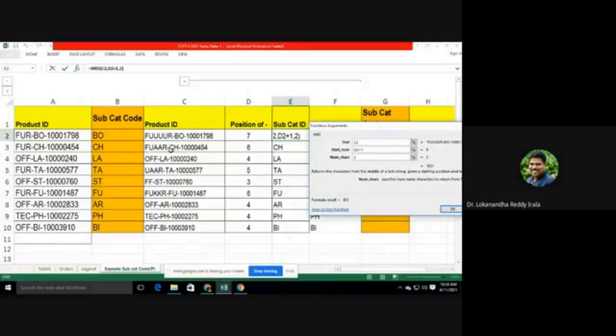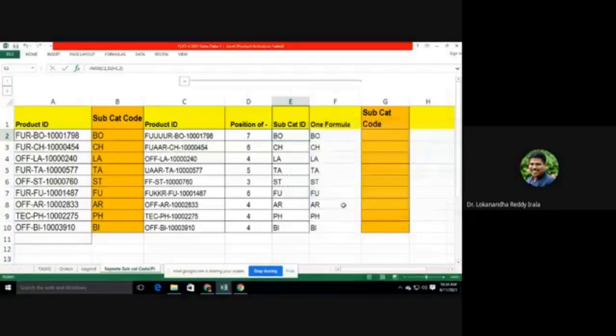And here hyphen is at 6, the starting for MID function is 7. Whereas here the hyphen is at 3rd position, so I use the MID function starting from 4. And of course, you can combine this into a single formula. So now I will simply demonstrate this for you.